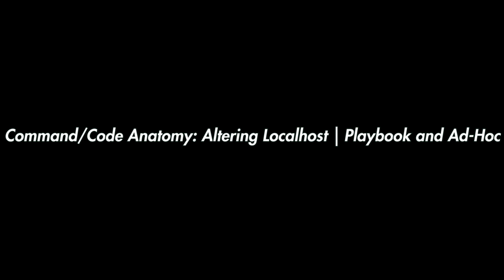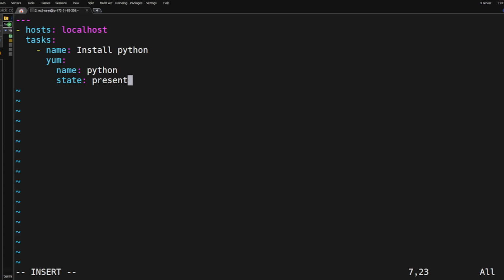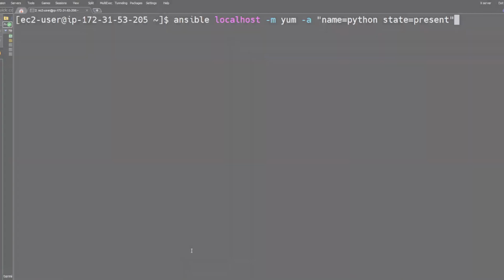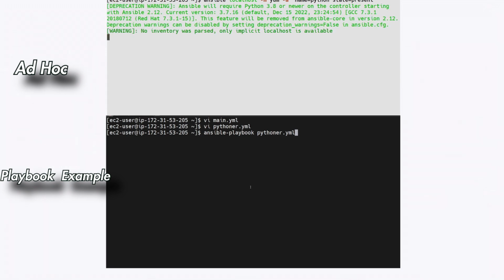Command code anatomy, altering localhost, playbook, and ad-hoc examples. For example, to install Python on the localhost, you might use a playbook like this. You can use an ad-hoc command to install Python on the localhost. For both playbook and ad-hoc examples, the yum module is used to install the Python package onto the